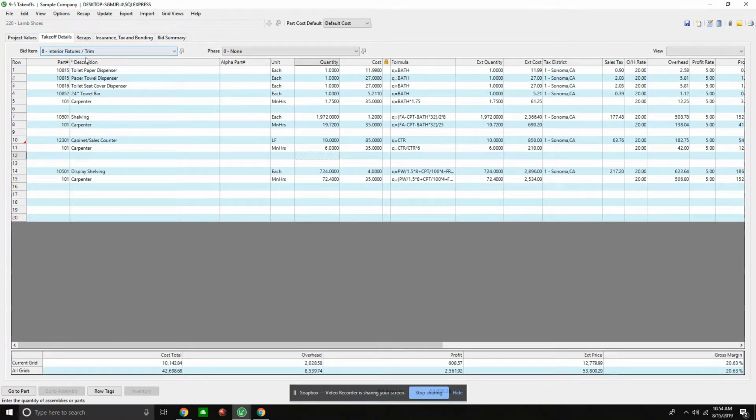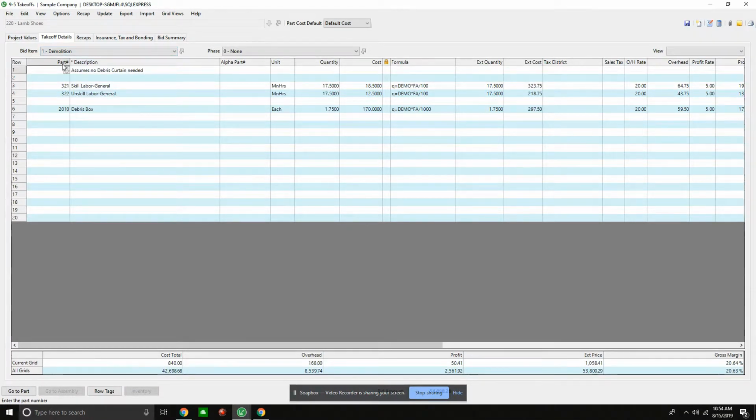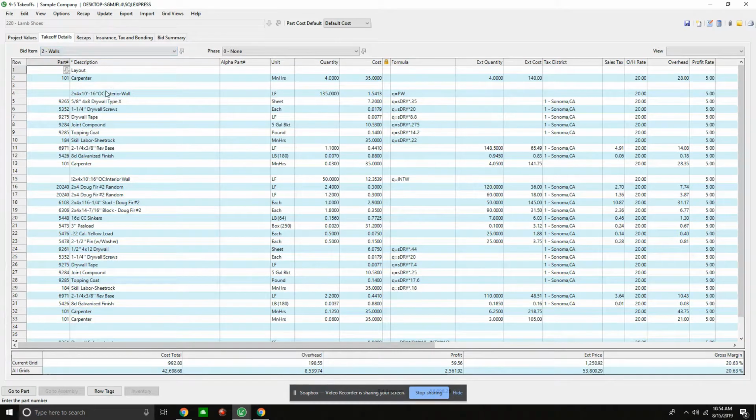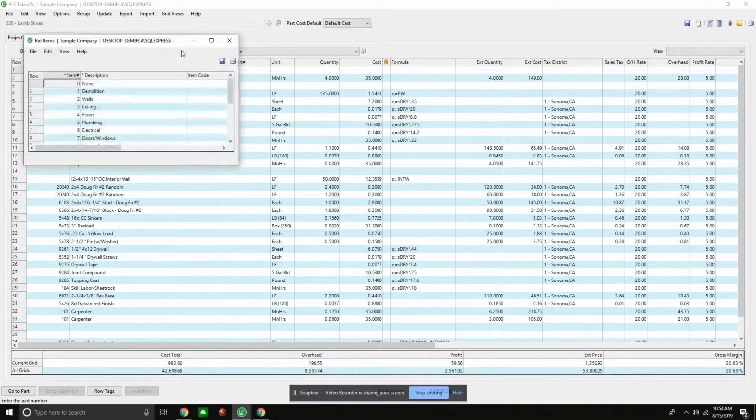Here at the top, we have some different features that can really narrow down our estimates. If we wanted to break out our estimates into different components, say, for instance, I wanted to look at everything dealing with demolition, I can see everything broken out in demolition. I can see everything broken out in walls. So how I set this up is I can come over and click this arrow to the right,